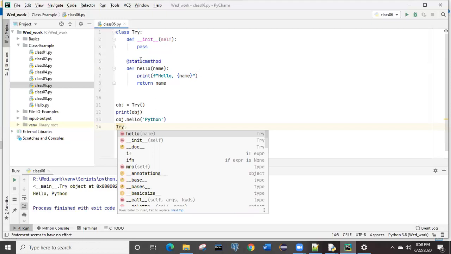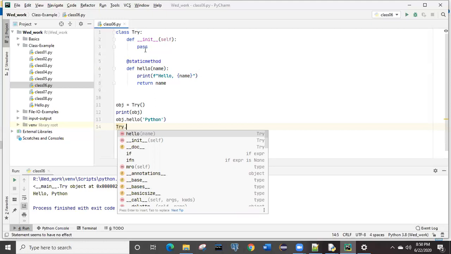You are seeing the static method, and before that the at sign is there, right? The at sign is the built-in which says that it is an annotation. Annotations are something already written into Python, and you are simply using it with the single keyword annotation at static method.